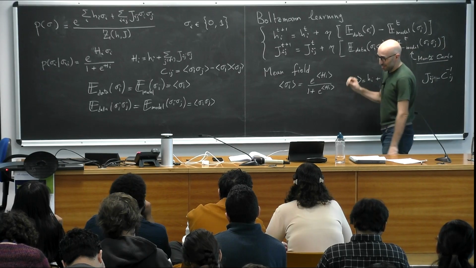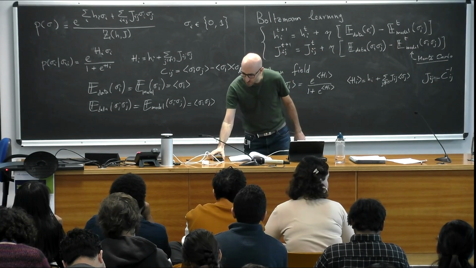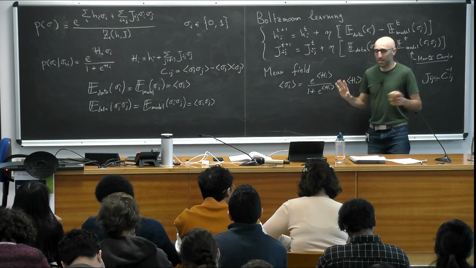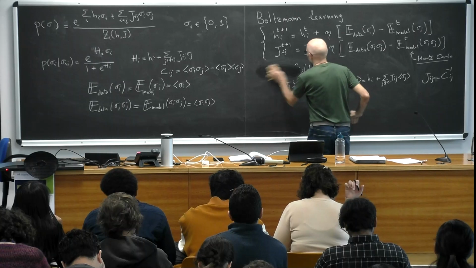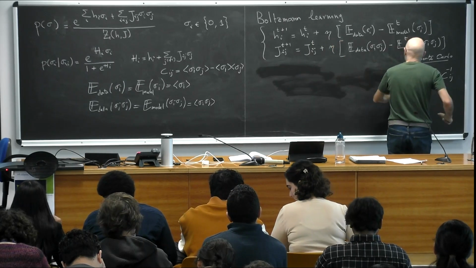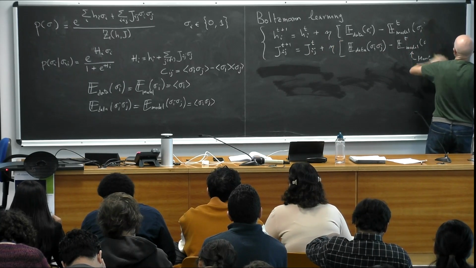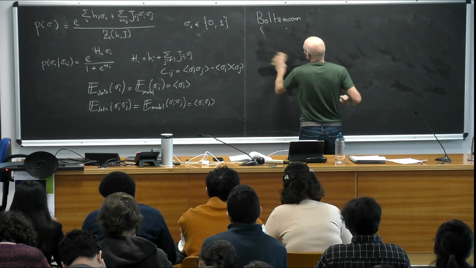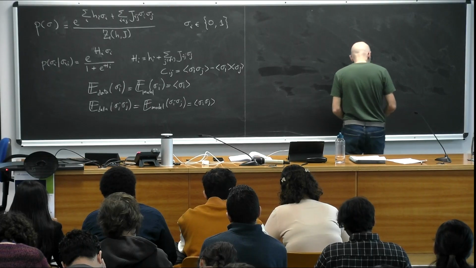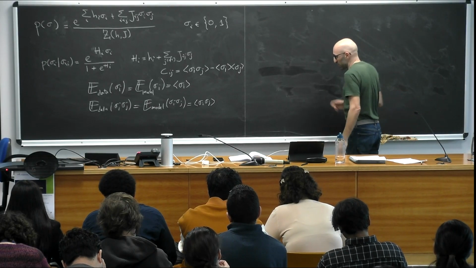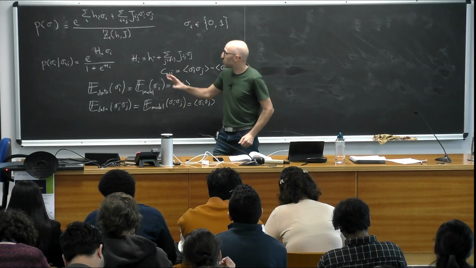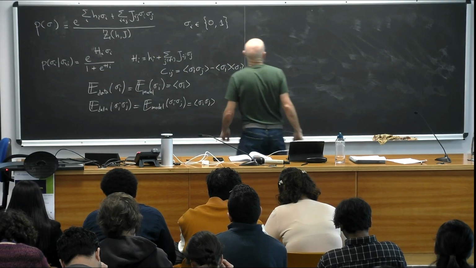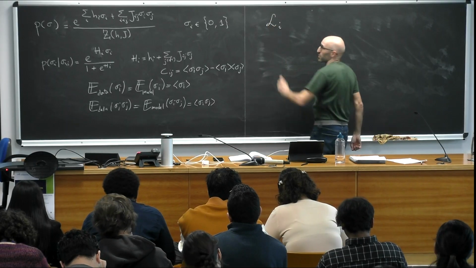Okay, so what else can we do? We can do pseudo-likelihood maximization. I don't have enough blackboard, so let me erase this. So how does it work in this case? It's very easy. You start from the pseudo-likelihood. What you want to learn when you do pseudo-likelihood maximization is, directly from the data, the conditional probabilities. So what you do, as we did for Gaussian variables,